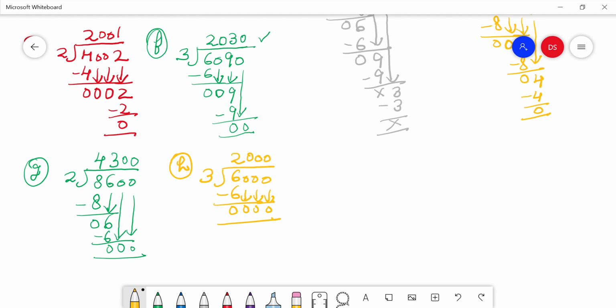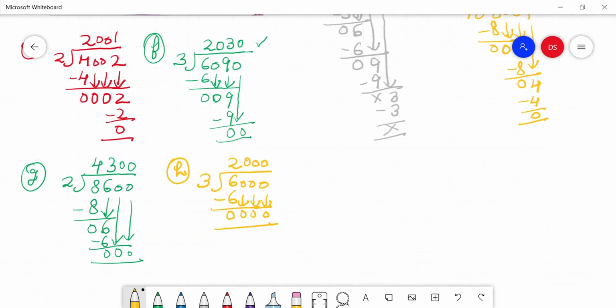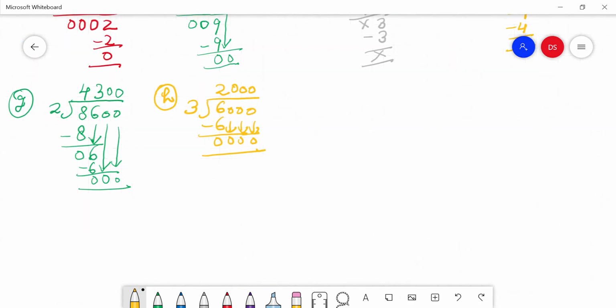Now we will move to the second question. Children, you can see second question. It is written in the row. We will change it in the sum form first and then we will divide the numbers. Here there are 4 parts of question number 2. We will do all the 4 parts one by one. Question number 2, A part. The sum is